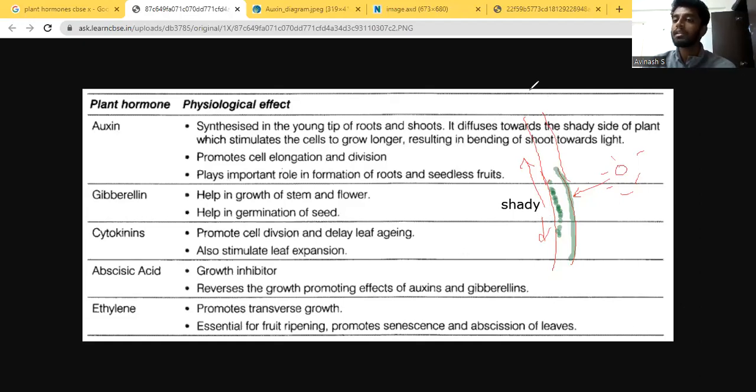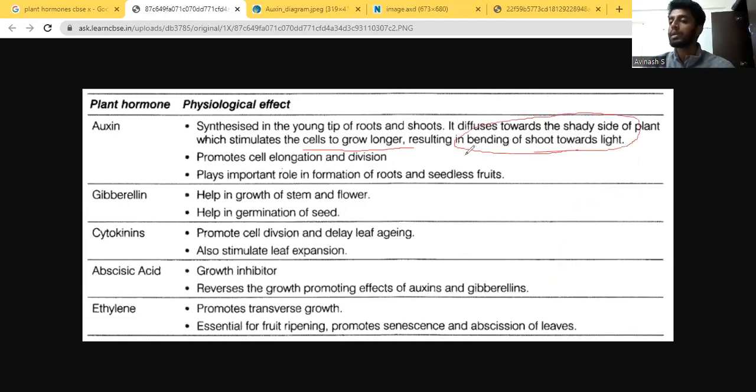We will try to understand auxin through a separate presentation. So this is the use of auxin. It helps the plants to have longer cells and all of that. So mainly it helps to bend the shoot towards the light. We will try to understand this bending with the help